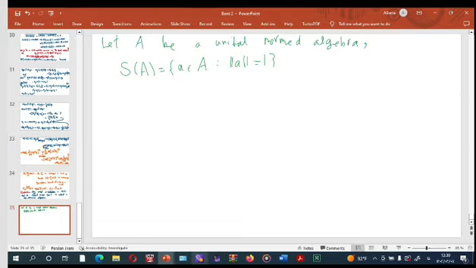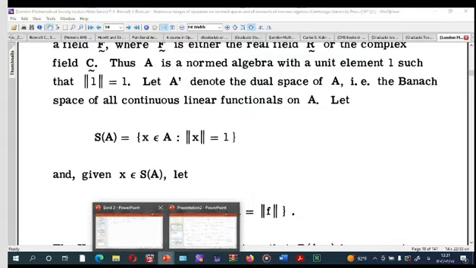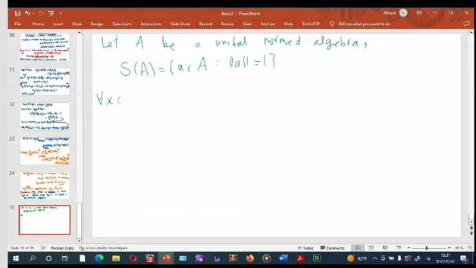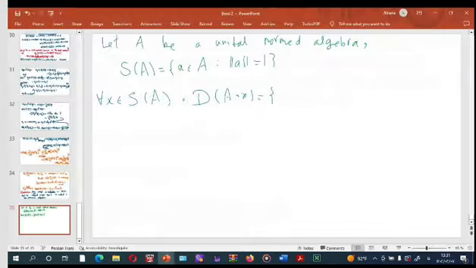Then we define D(A, x) for any x in S_A: D(A, x) equals the set of all linear bounded functionals, the set of all f in the dual of A such that f(x) equals 1 equals the norm of f. Okay,